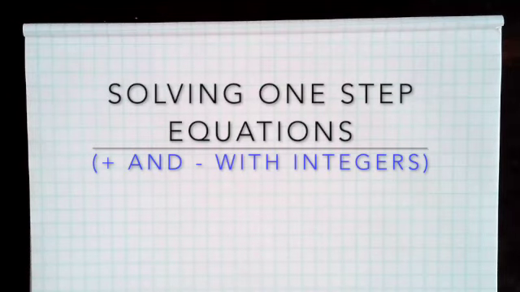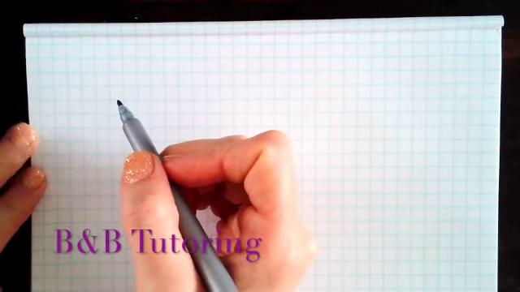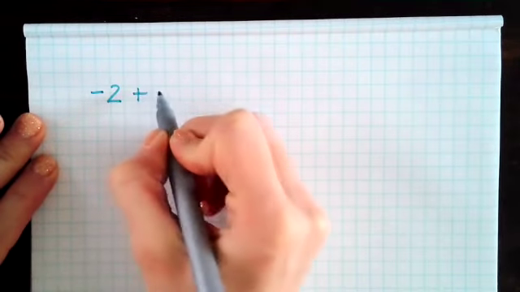In this video, I'm going to show you how to solve one-step equations using addition or subtraction, but with some tricky cases where there are integers. The first example I'm going to show you is what to do if you see an equation that looks like this. -2 plus some value